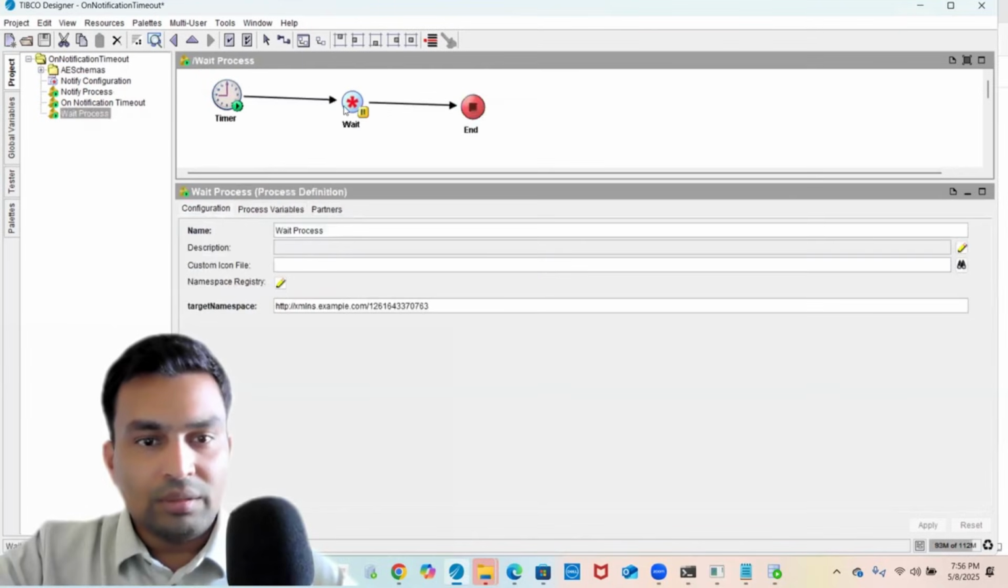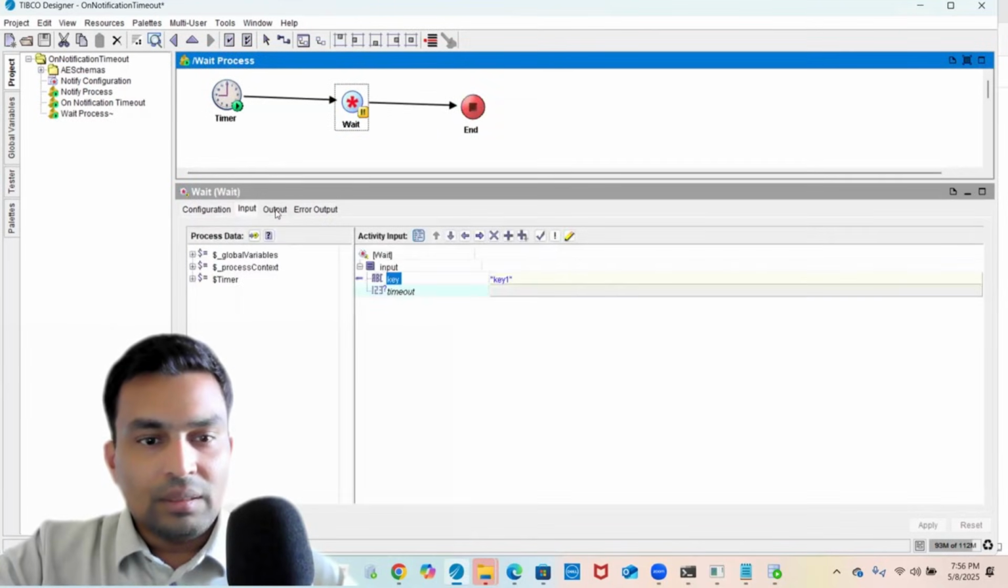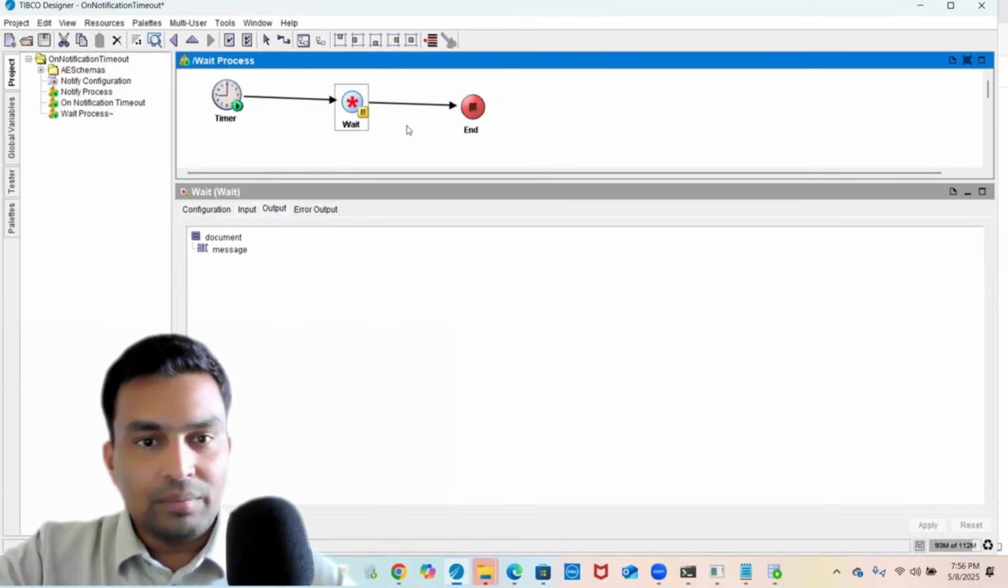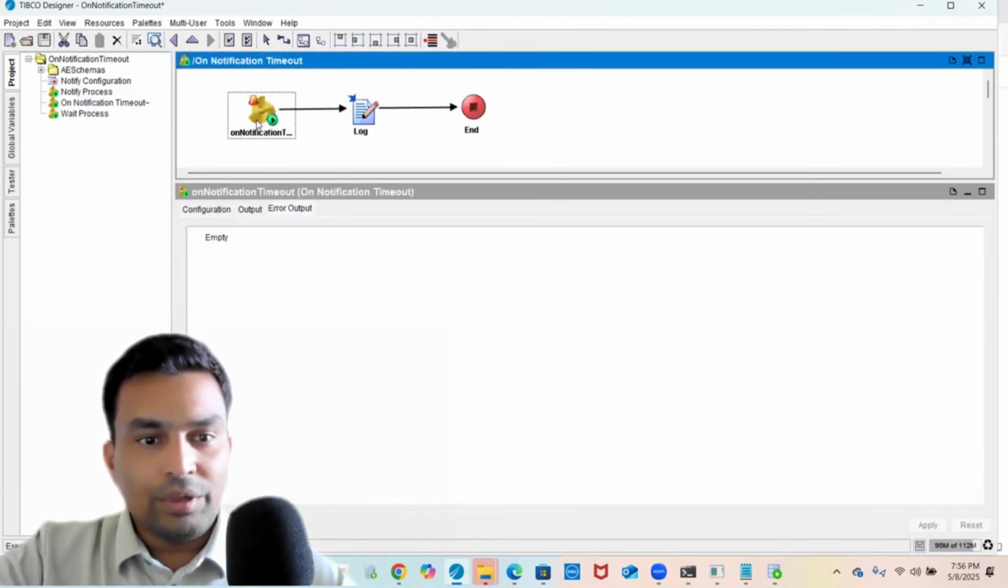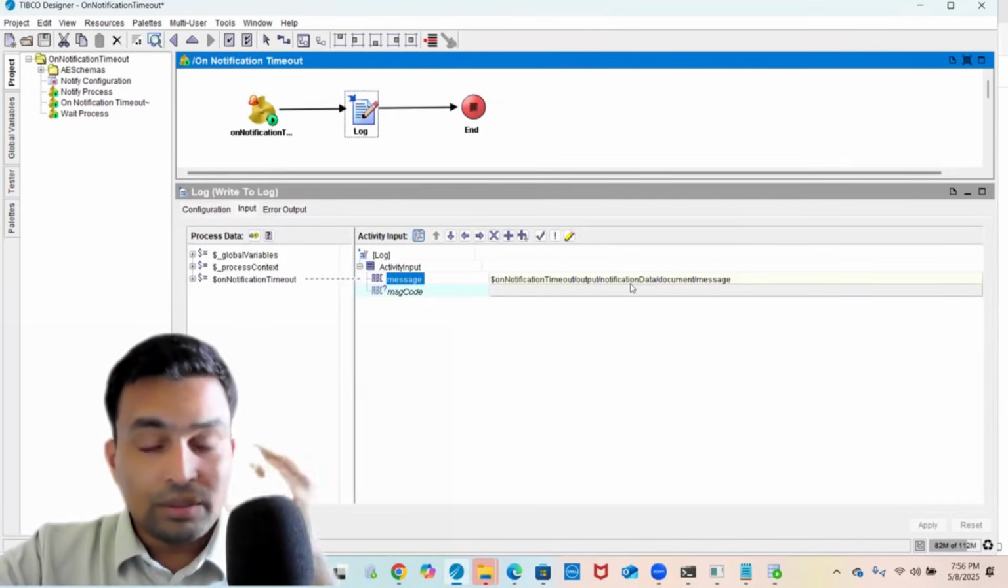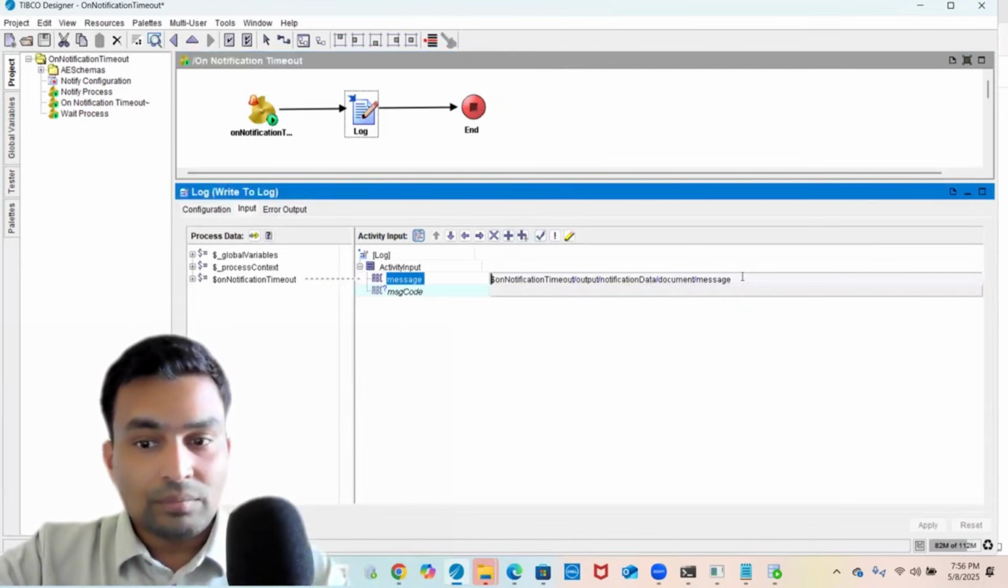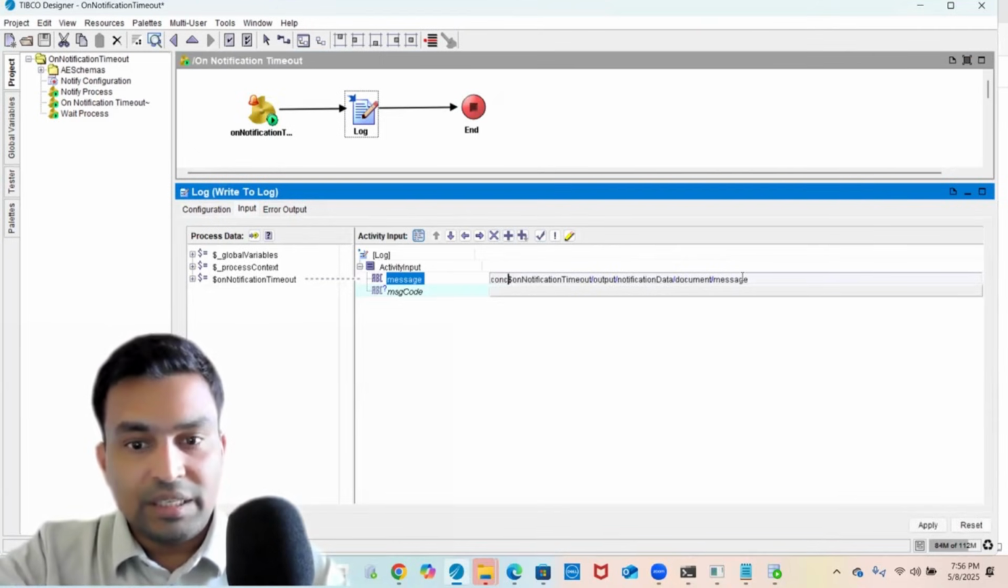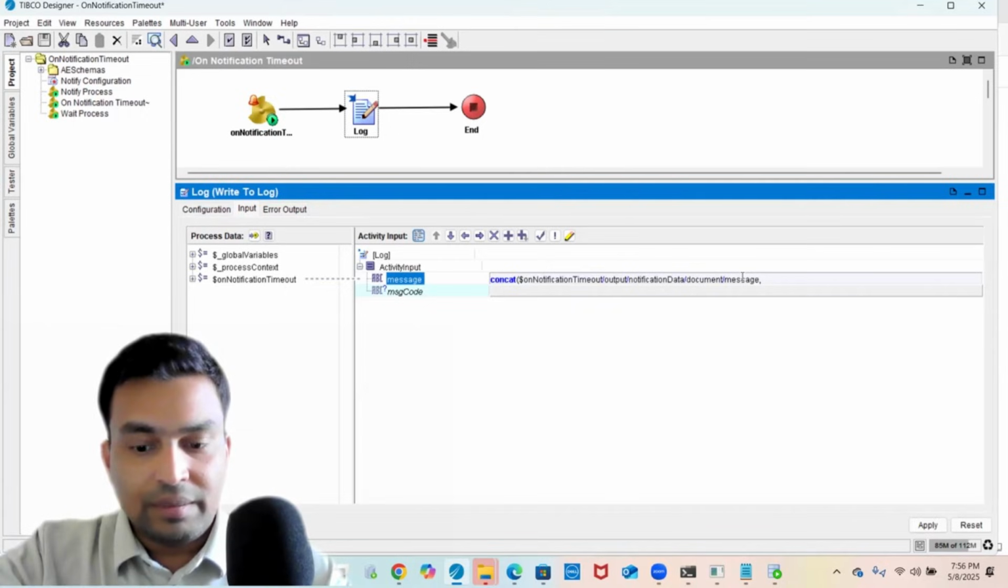And in the wait process, there is some, for example, there is some business logic which will take care of the customer order. And on notification timeout, we will log the same message with some additional details. I'll concatenate this message and say,